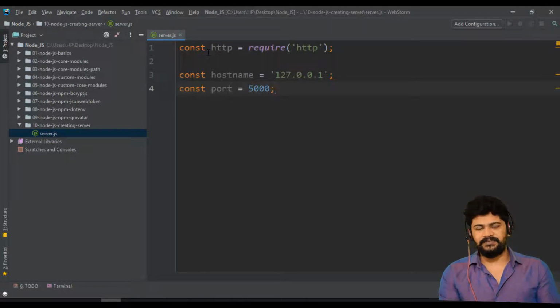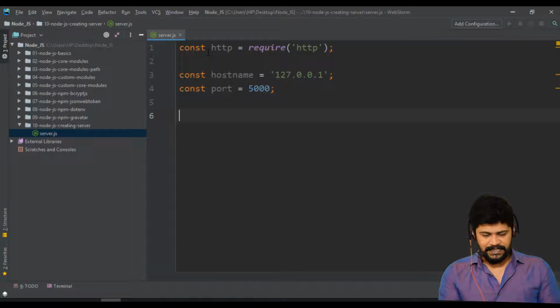So better you give a number from 2000 to around 9999, and don't give 8080 because most servers use 8080. React.js already uses 3000. So that's why I give 5000, my own port.